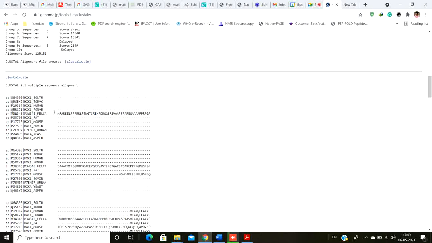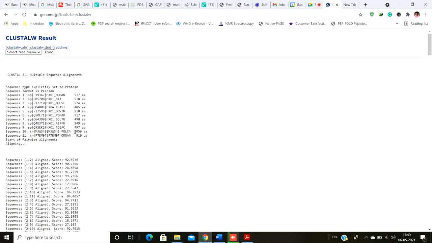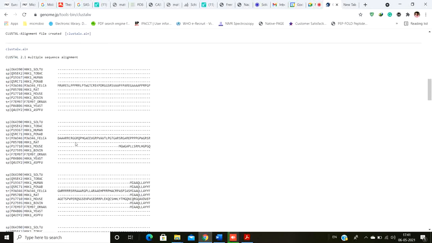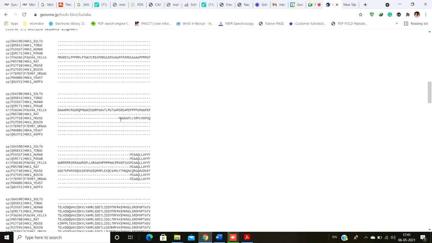As you can see, the hexokinase of Felis, that is the cat, is 1056 amino acids long, whereas the human is only 917 amino acids long. That means the cat has some other residues that are not present in the human or the orangutan. So these are the gaps that are created, because for Felis, the cat, the sequence starts from here. Obviously these are all the gaps present in all the other species. Right then the mouse starts. The mouse is much bigger, so it starts from there, and slowly again you can see these are the gaps.